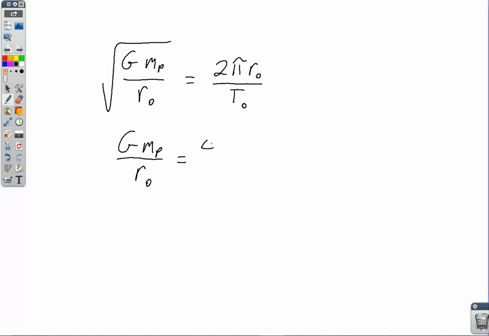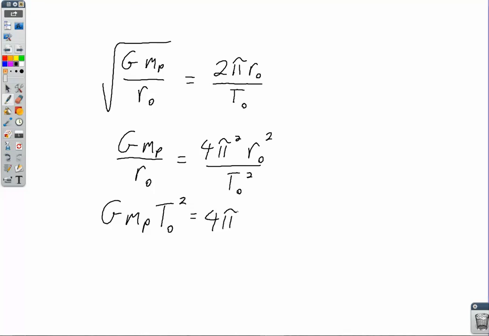And on this side, we're going to get a 4 pi squared r orbit squared over T orbit squared. Nobody likes fractions, so let's multiply both sides by r orbit and multiply both sides by the period of the orbit, and we get big G times the mass of the planet times the orbital period squared is equal to 4 pi squared orbital radius